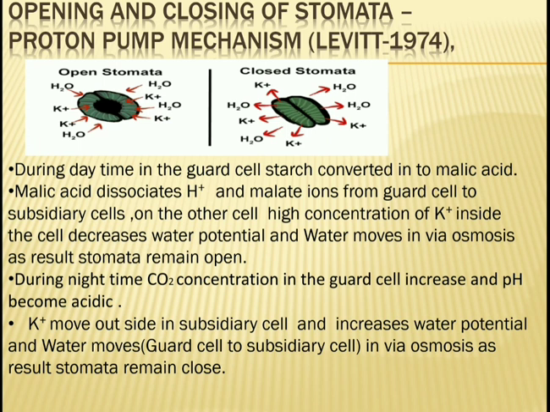On the other hand, potassium ion enters into the guard cell. When potassium ion enters the guard cell, the water potential of the guard cell decreases, and because of osmosis, water from the subsidiary cell enters into the guard cell. The guard cell becomes turgid because of endosmosis,